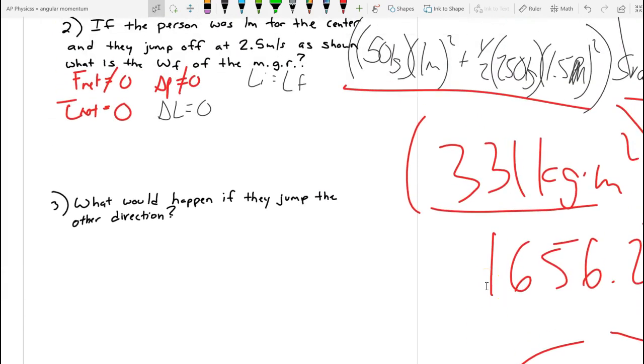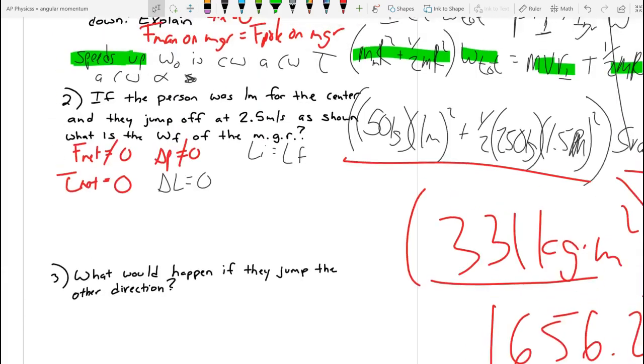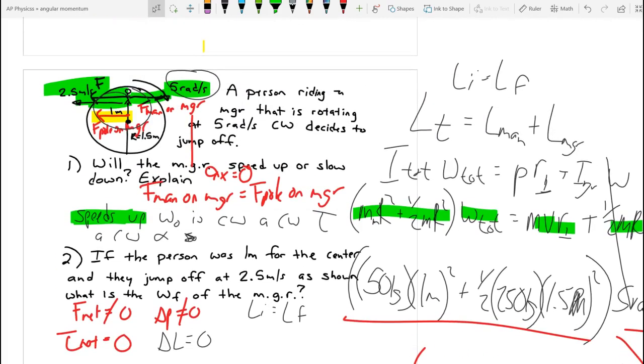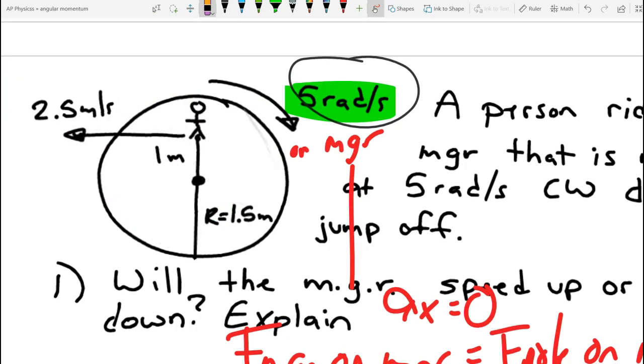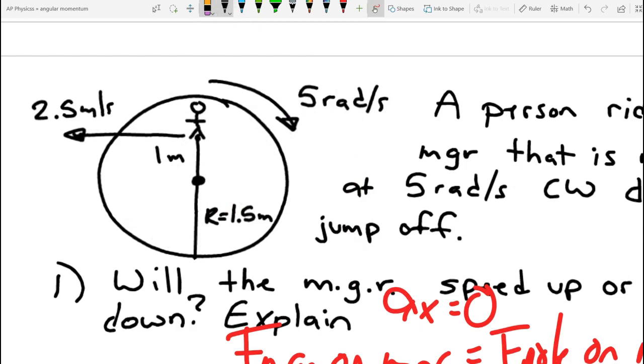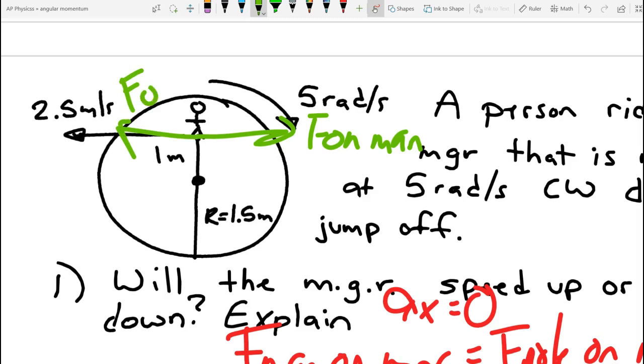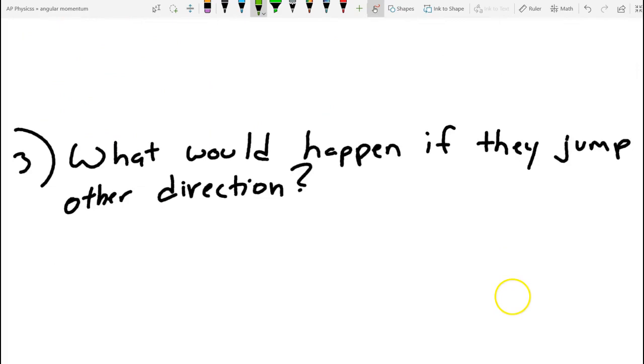The next question, what would happen if they jumped the other direction? Well, if they jumped the other direction, again, we could just look at our forces here. If I wanted to simplify this down and look at my forces, if they were to jump the other direction, then there would have to be a force on the man going this direction, and here we would have the force on the merry-go-round. So if I have a counterclockwise torque with clockwise velocity, I would slow